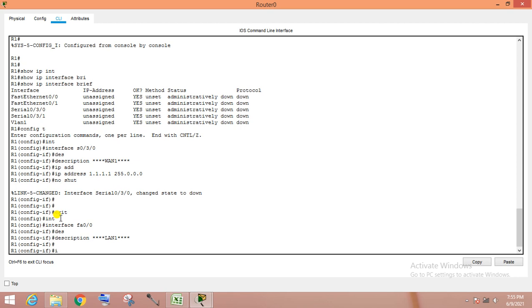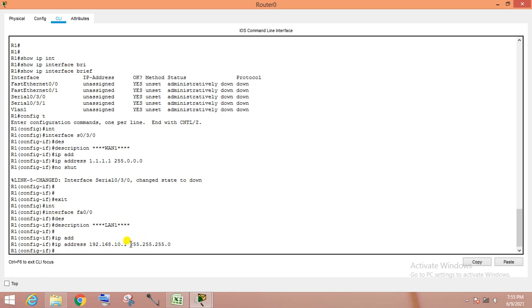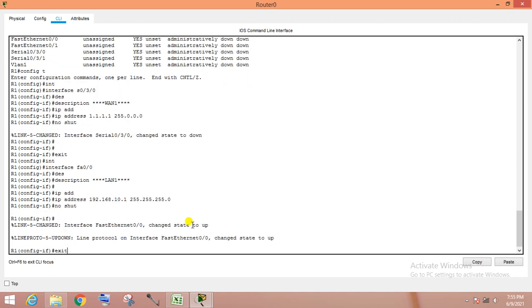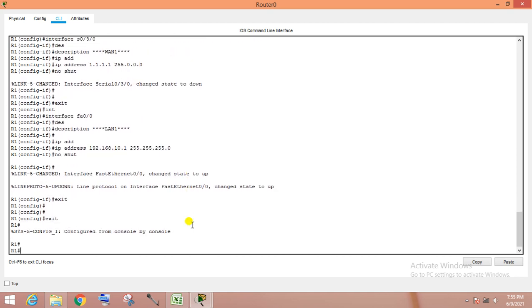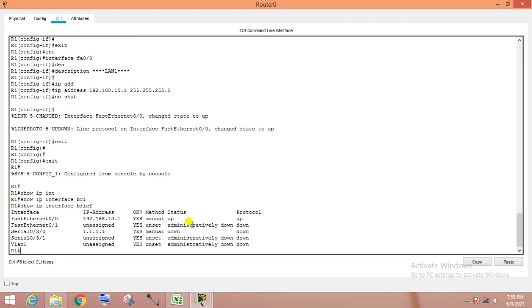Now giving the IP address 192.168.10.1, 255.255.255.0. This is your subnet mask and this is your IP address. You already know. So we are giving the WAN IP and a LAN IP for this router.